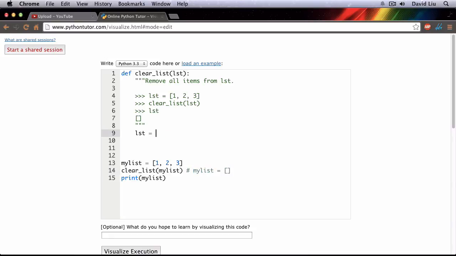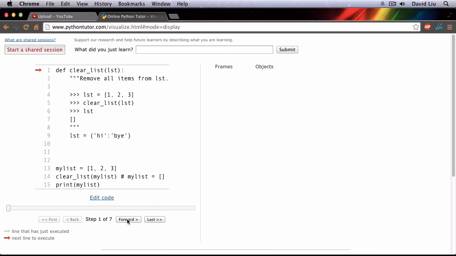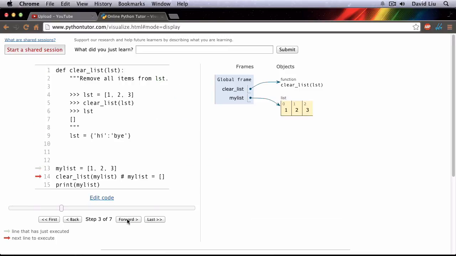So for example, if I tried to change lst to a stack, that change would also not persist after the function exited. If I tried to change it to a number, it wouldn't work. A string also wouldn't work. A dictionary still wouldn't work. So if you pass in a variable like mylist to a function,